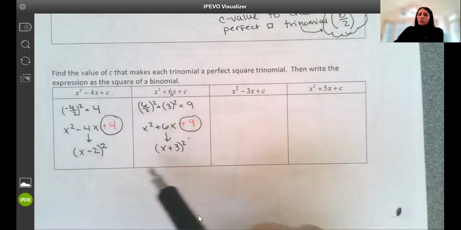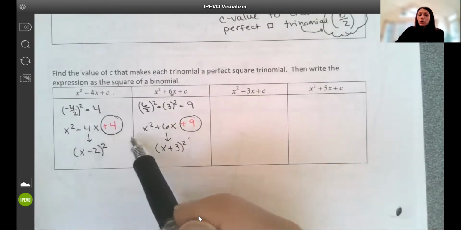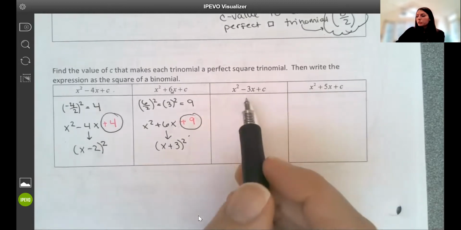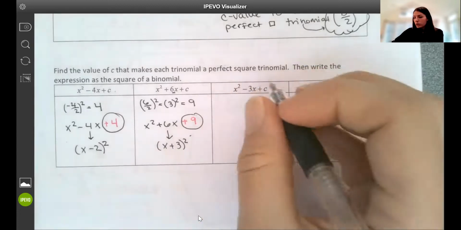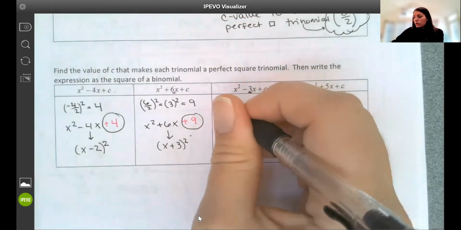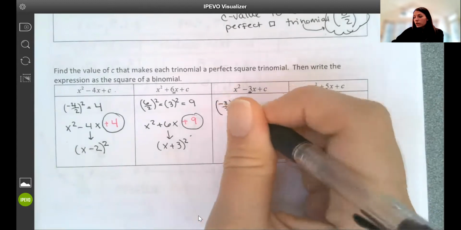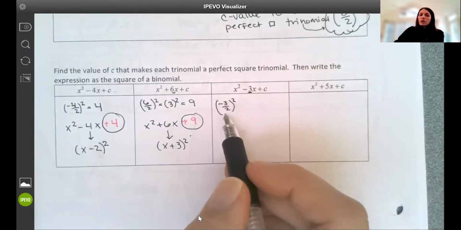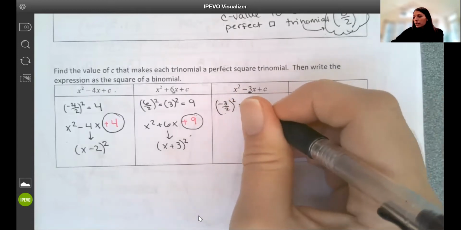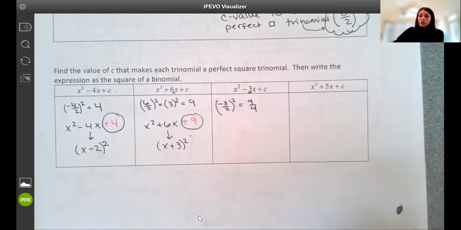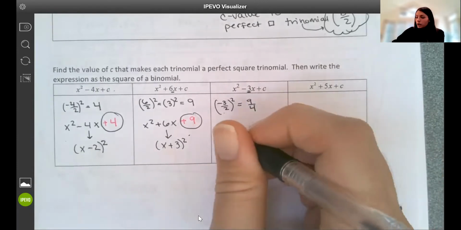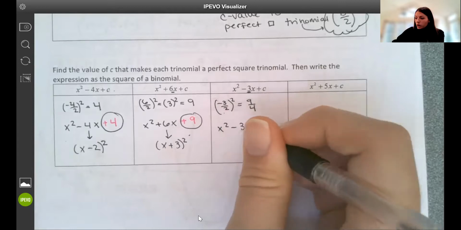Now, it's not always going to be as pretty as 4 and 9 for the results when we try to create a perfect square trinomial. So if we look at our next example, where B is -3. Now, 3 can't be divided in half evenly. So we're going to get this -3 over 2 squared, which gives me 9/4 for my value for C to complete the square. So I'd have x squared minus 3x